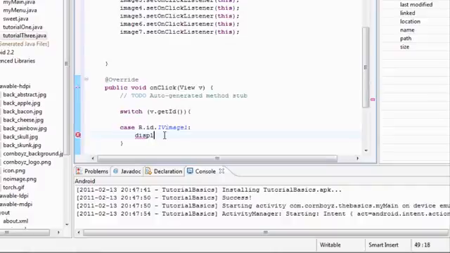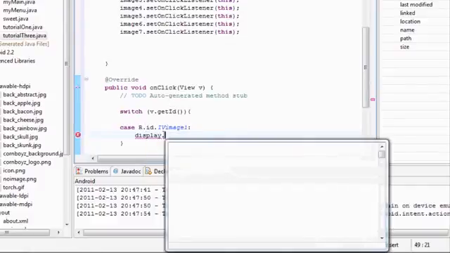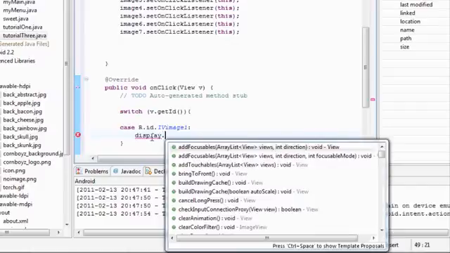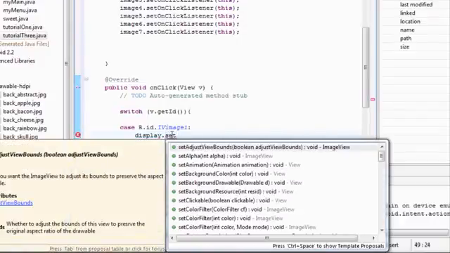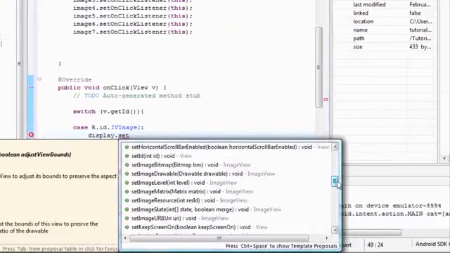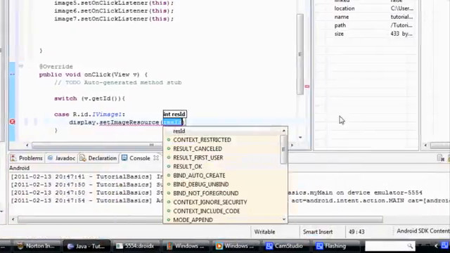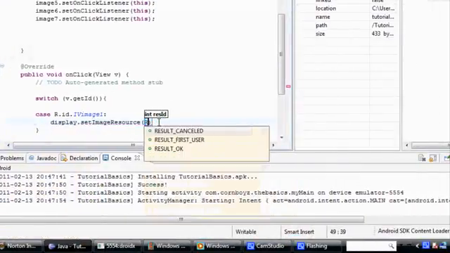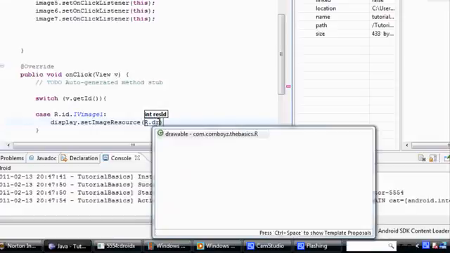And now what we have to do is we need to change our display. Since our display works for every method within this activity, we can hit display and it'll know we're talking about the image view display that we set up. And then we want to set that image to our drawable resource. So we're going to say set, alright, good. setImageResource is what it's called. And again, it takes an int, which will be R.drawable